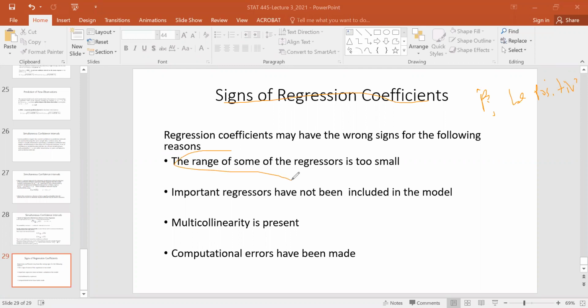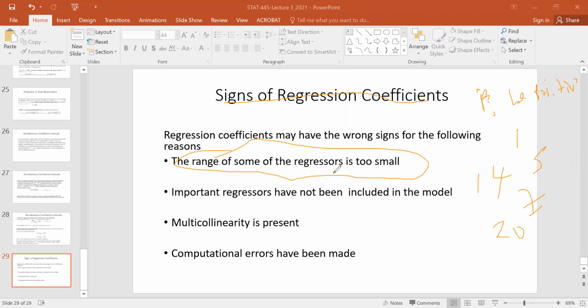One, the range of some of the regressors is too small. We've said that we need more variation in our regressors. If the range is too small,